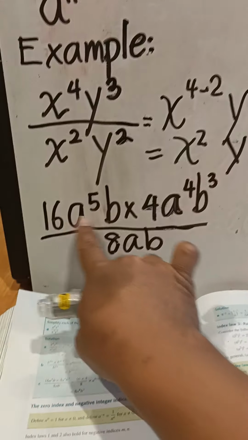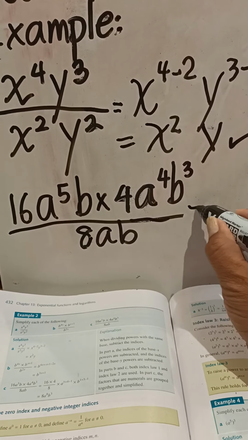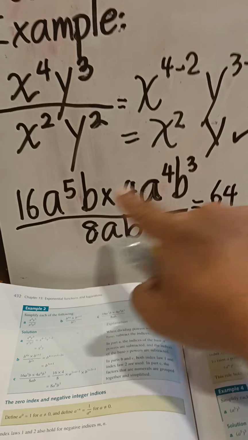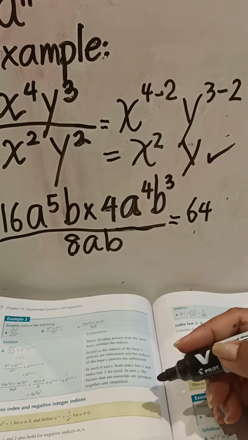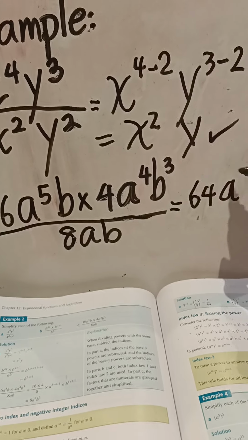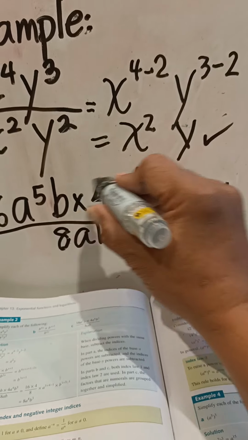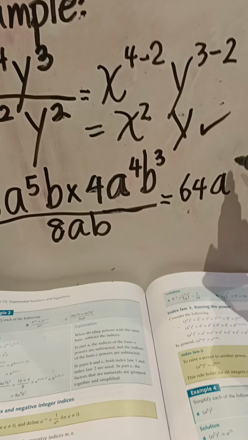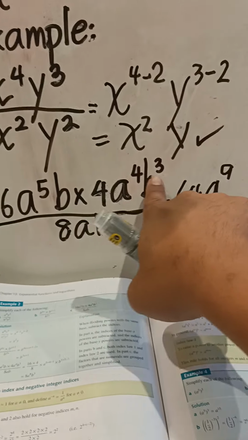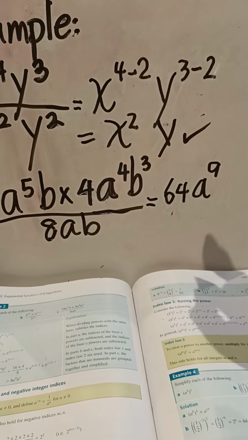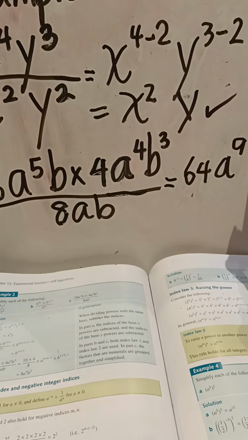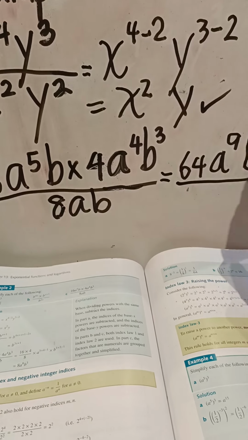Get that? So 16 times 4 would be 64. Yep. A here, law number 1, a to the m plus n: copy the base a, and then the exponent would be 5 plus 4, which is 9. We're going to get that. And then b, the exponent is 1 and 3 here, a to the m plus n. So you've got b to the 3 plus 1, which is 4. Divide that by